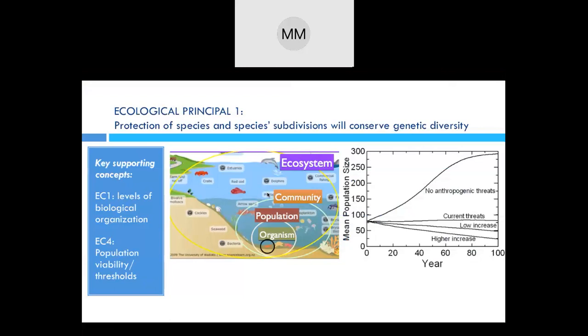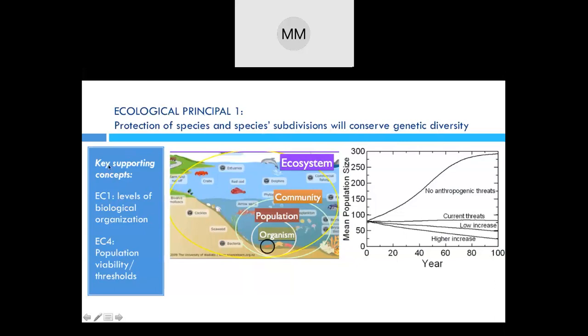So for the first ecological principle, we're talking about how one helps protect species. So it's about protection of species and the subdivisions, meaning subspecies, and the ways we conserve genetic diversity. So for a recap,